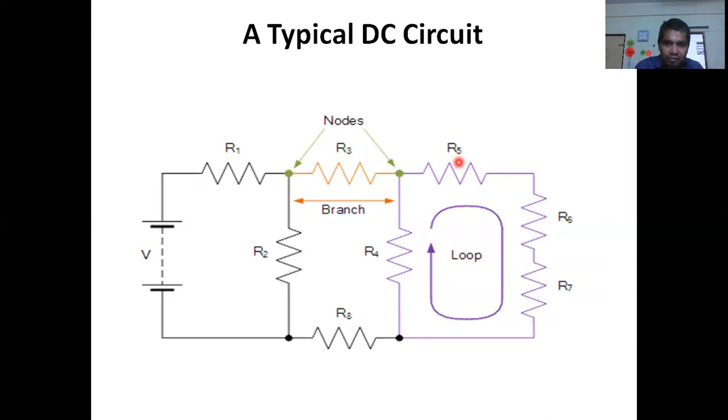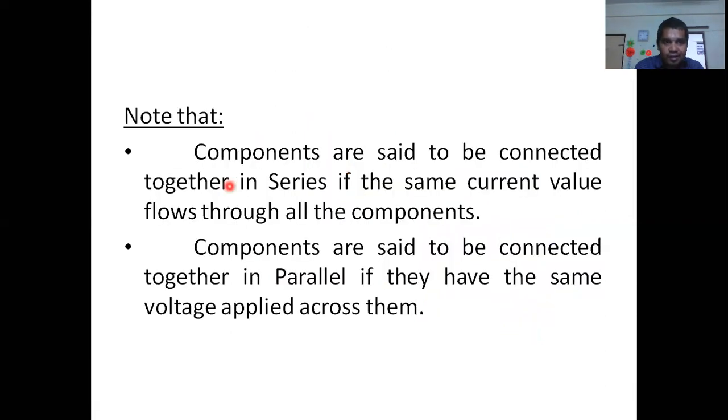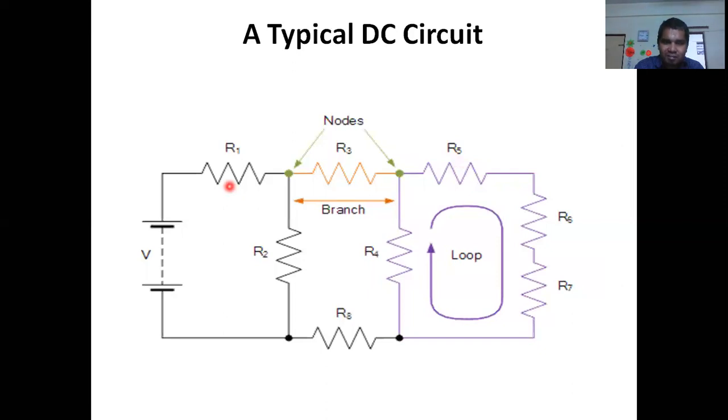So the basic circuit is giving basic information about what is loop, what is branch, what is node, and what is series, what is parallel. All this information we have understood. This is very important for Kirchhoff's voltage law or current law analysis purposes, right? So this is the topic which we have discussed so far.